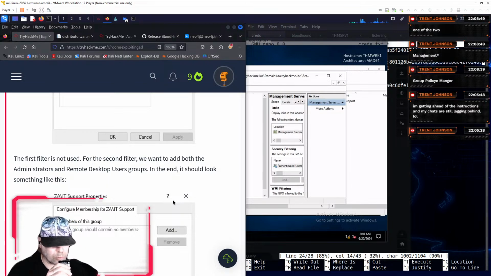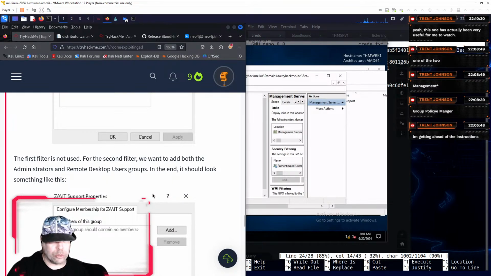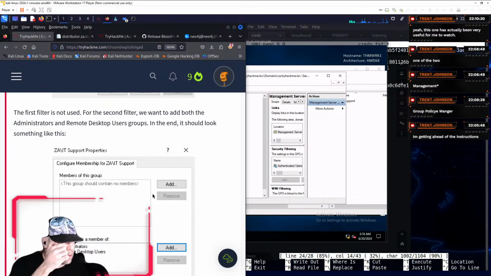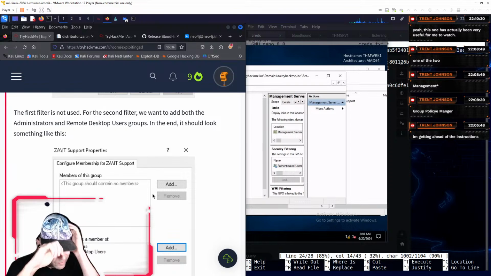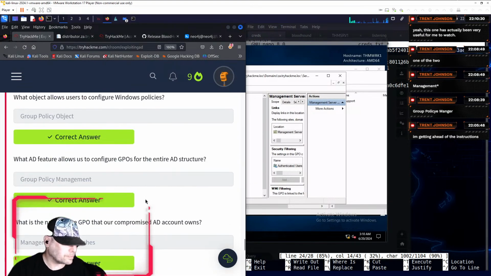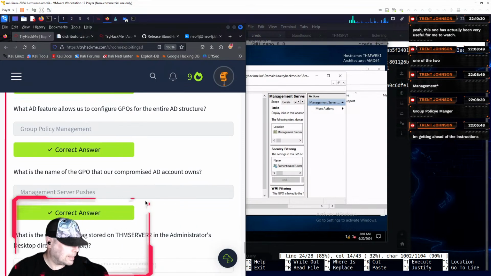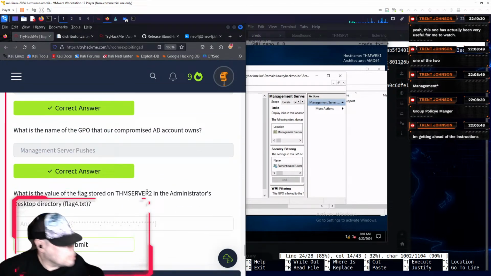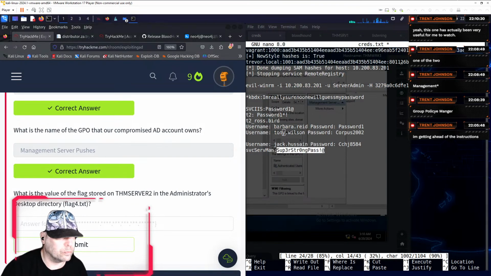I know you're injecting credentials, but the stupid thing is too, I was like, why are we injecting Jack Hussein's credentials? And the answer is, we're not. All right, let's see how, I'm assuming we just SSH in.